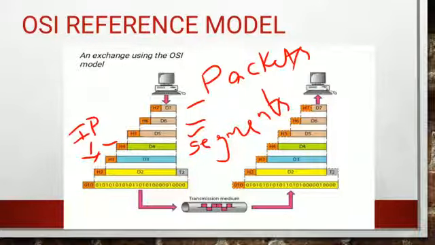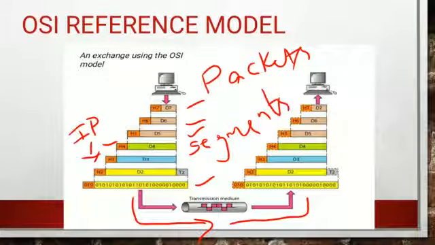Now the data link layer receives this packet, and for that packet it adds the header and trailer, meaning framing of the data. To frame it, it adds the MAC address of the source as a header and the MAC address of the receiver as the trailer. H2 and T2 represent the MAC addresses of the sender and the receiver. From the data link layer the data is transmitted to the physical layer, where the data is represented in the form of bits, zeros and ones. From the physical layer it is transmitted through a channel and finally received by the receiver, and the reverse process continues on the receiver side.